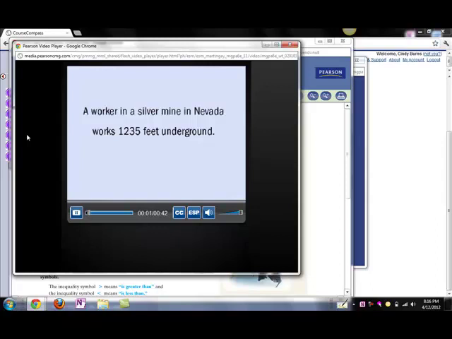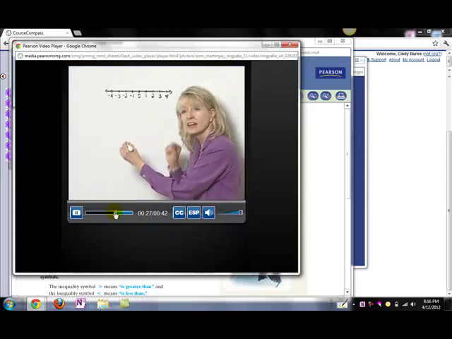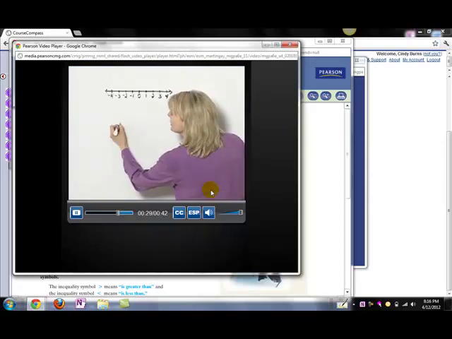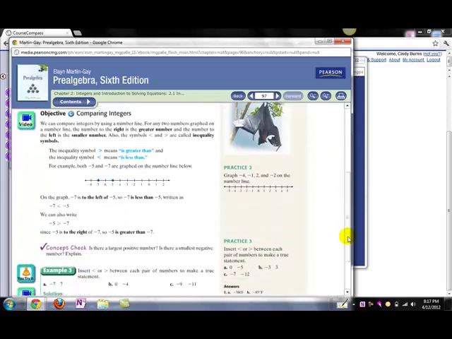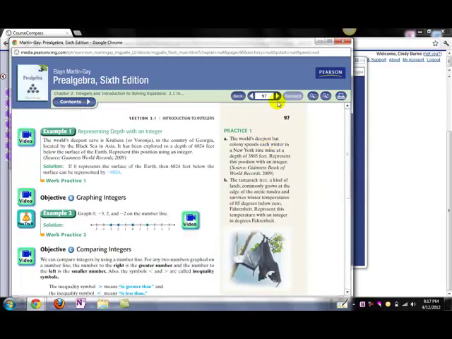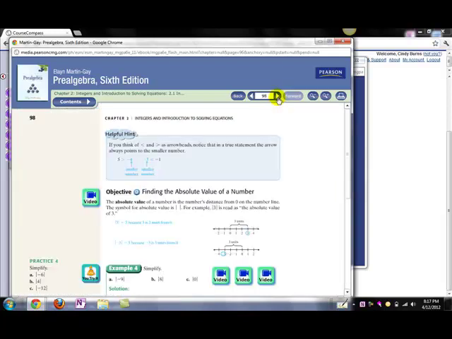Let's now represent the quantity. And this is our author doing a video. So there she is with a number line. You've got a button here that says you try it. It gives you an example like a homework problem, so you could try that. And so if I want to go to the next page, more videos,